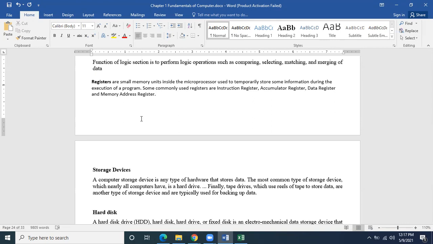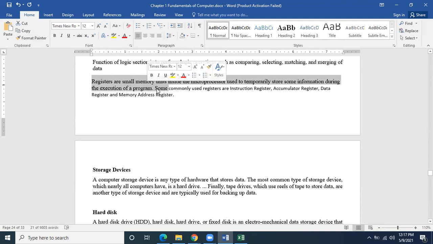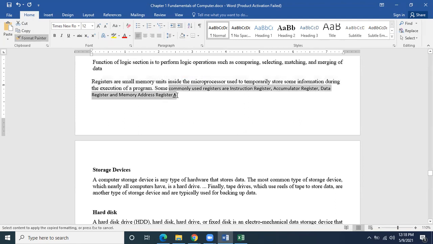It is not like a hard disk, where data is stored permanently. It is for temporary storage during processing. The different names are instruction register, accumulator register, data register, and memory register.